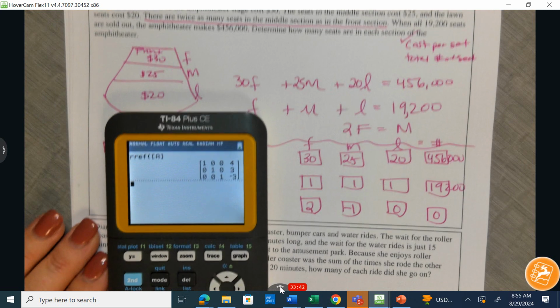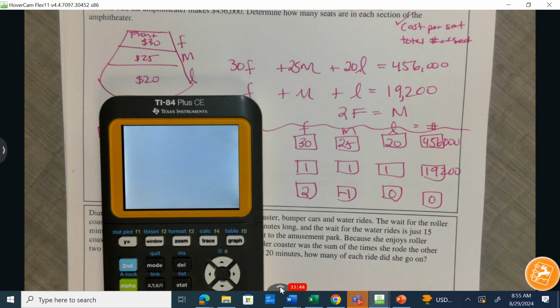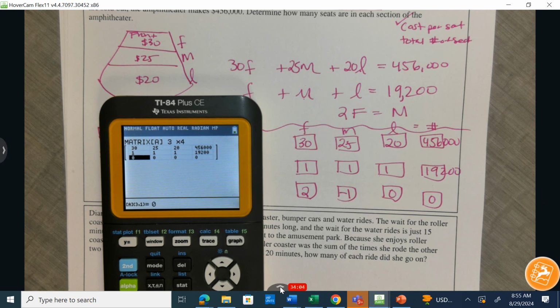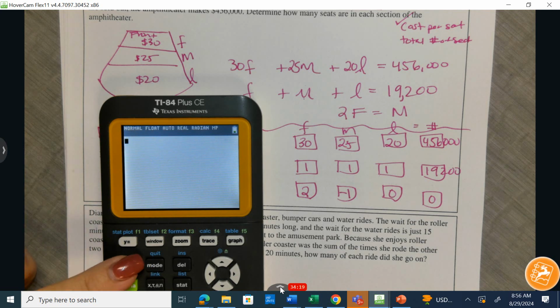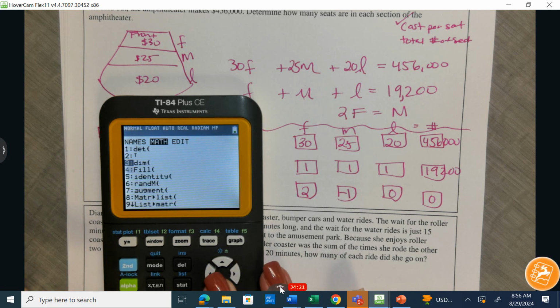Grab your calculator. Second plus 7, 1, 2. And we're going second matrix. We're adding it. There's 3 unique variables. And plugging in 30, 25, 20. Once I have plugged this in, I'm going to go second quit, then second matrix, going to RREF,